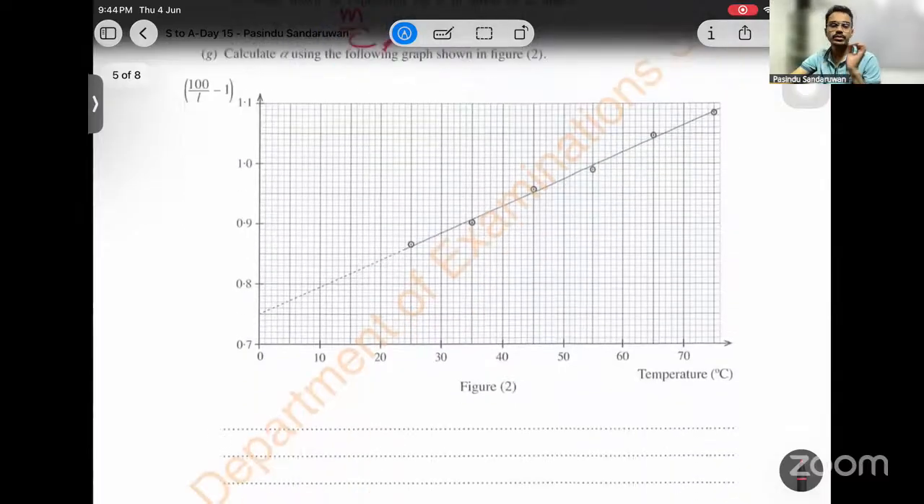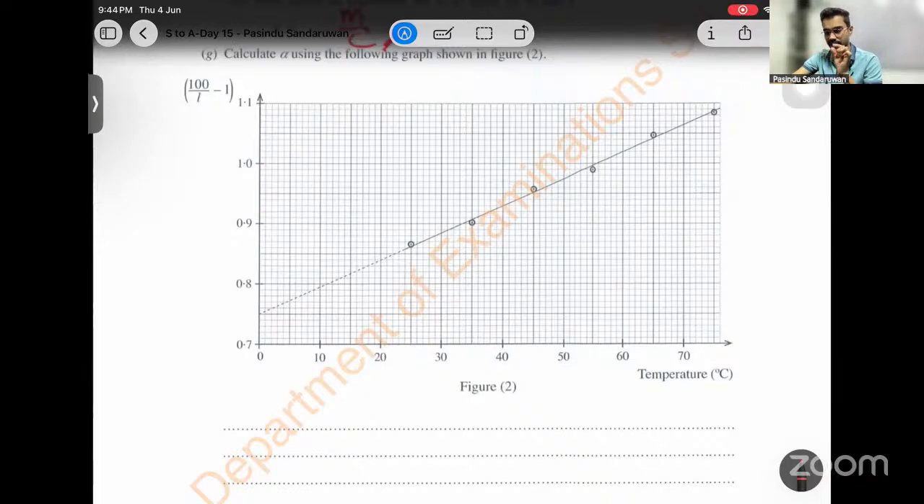When you are selecting two points to find the gradient, we can't take any marked points here. That is the first rule. You can't take any marked points, and you have to take any two other random points, and